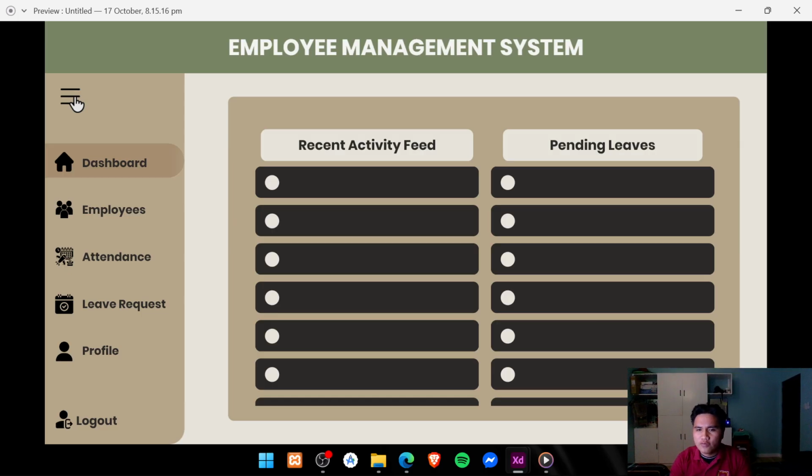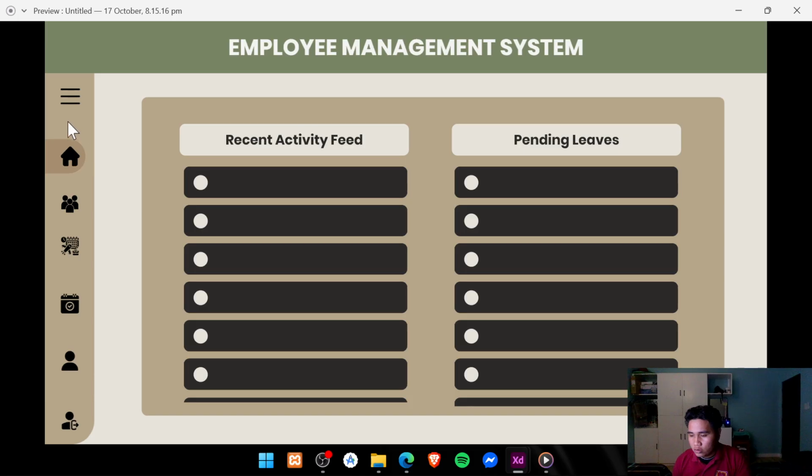But now I'm in love with Poppins font. So I've used Poppins font for this redesigned website. In this part the sidebar is working, as you can see.